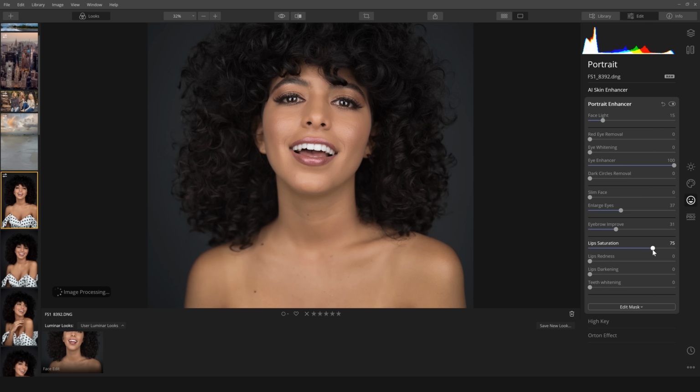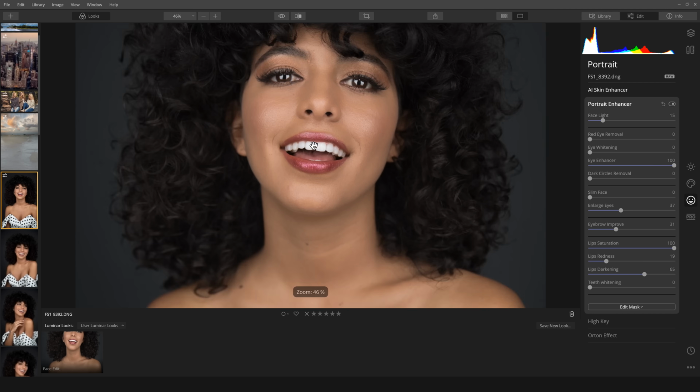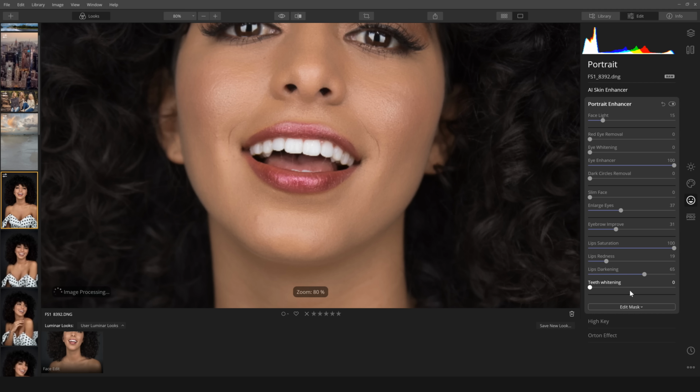Lip saturation, let's take this up. She does have some lipstick on, but you can see it's really muted in the original picture. But if I bump that up, it adds some lipstick. The redness, I don't think I want it to be too red. It looks a little over the top. It's pretty nice. And then teeth whitening, I mean, her teeth are, goodness, as white as you would want. But let's just see what